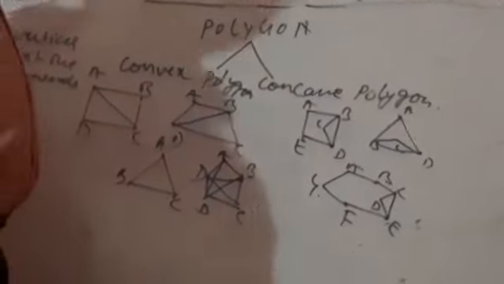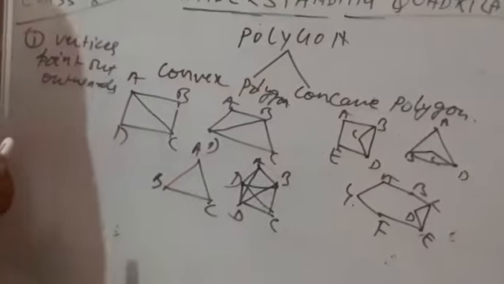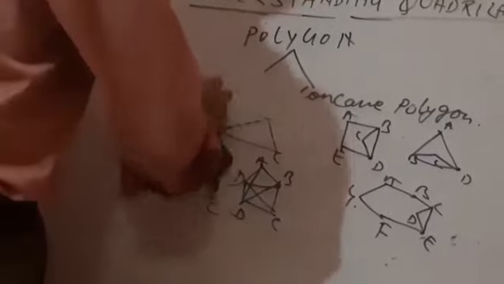And I have told you how, by seeing the vertices, and one more on the basis of angle, reflex angle, more than 180 degrees, it is a reflex angle. So this is enough information about categorizing or understanding the convex polygon and concave polygon. And before going ahead, one more way to classify the polygon, and that is very easy.